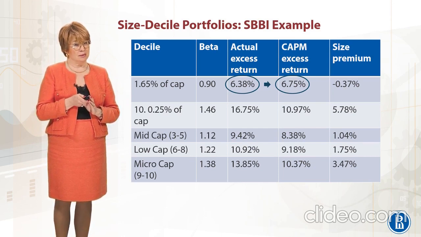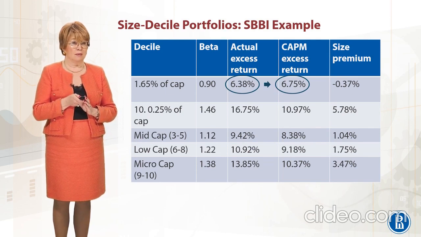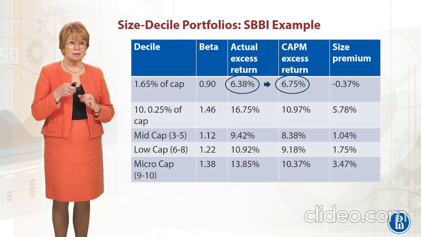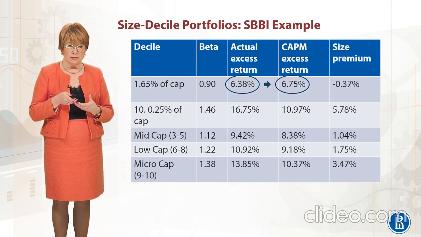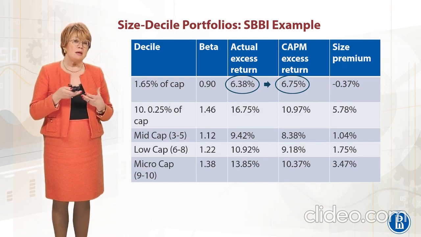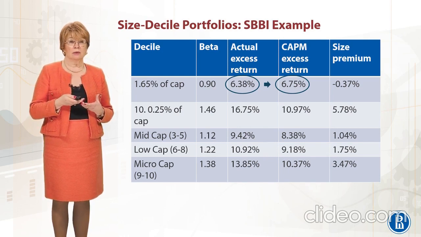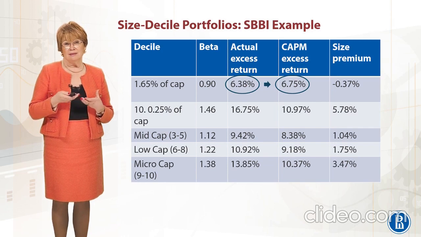It's 6.38 annually. So when we now subtract the CAPM result, which is the computed, estimated result, from the actual excess return, we will get size discount, which is minus